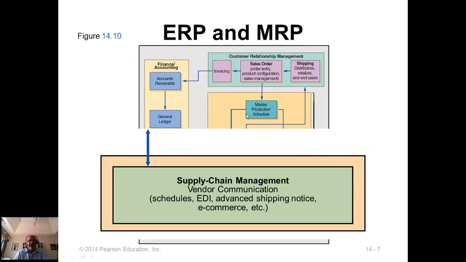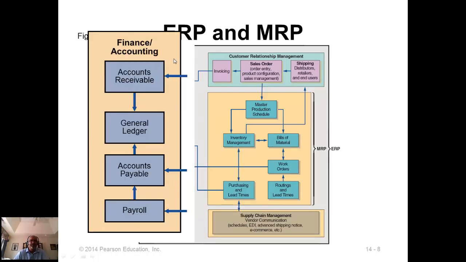And on the bottom, you have the supply chain and supply chain management, and of course that supply chain management will connect to the financial systems for payment of invoices. On the top side, you have the customer order invoices being sent out to customers and payments made. And this is the financial side. So from the top, from the customer side, you will have accounts receivable, and from the vendor side, you will have accounts payable, and then all the other financial accounting systems. So ERP will have the MRP at the core, and at the outer layers you will have the supply chain management, the accounting and financial systems, and then you have your customer side of the production system.